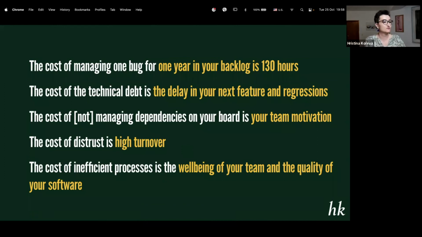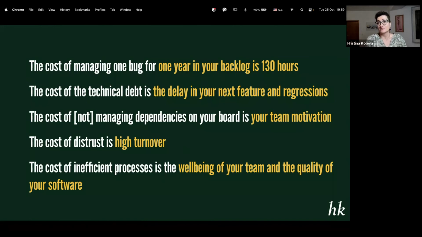And distrust usually slows us down because it results in high turnover. And if the team constantly cannot meet their users' expectations, and nobody responds to sales... The customer support team, and I've seen it several times in different companies, is one of the most underestimated teams. They usually have brilliant ideas, and they're the first to talk to the customers, and they have a lot of proposals, and their request and input is very rarely taken into account.